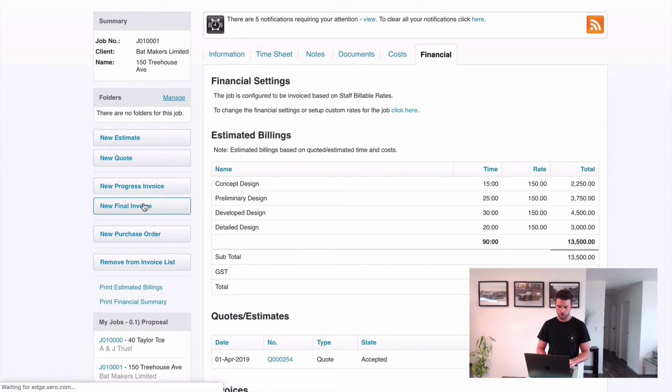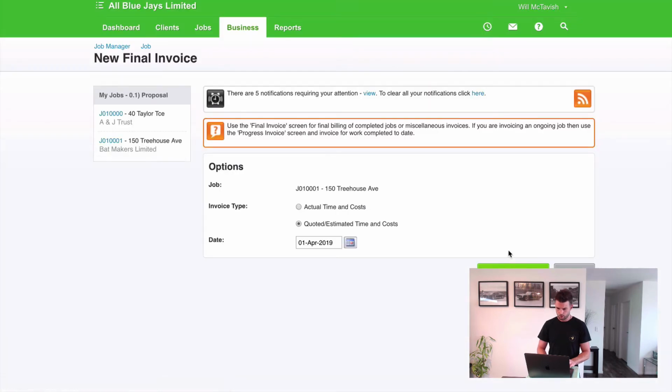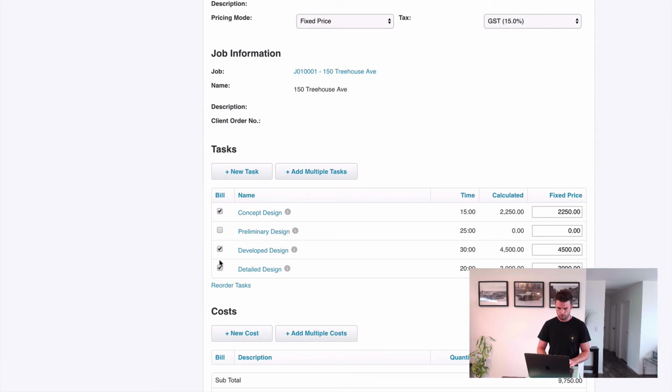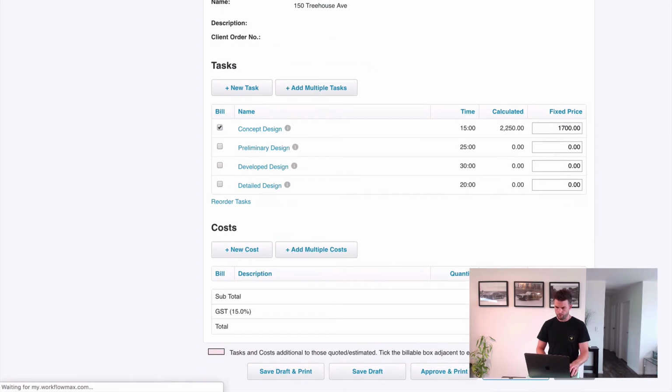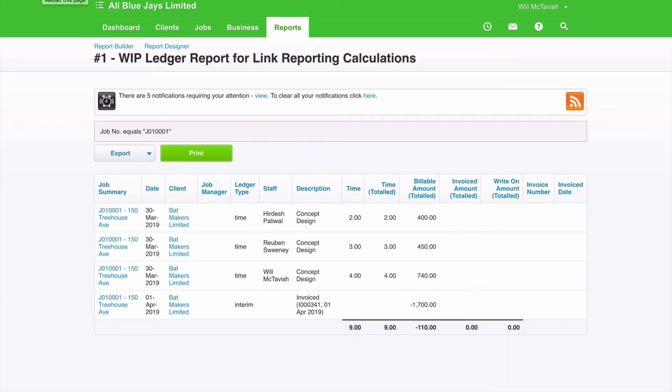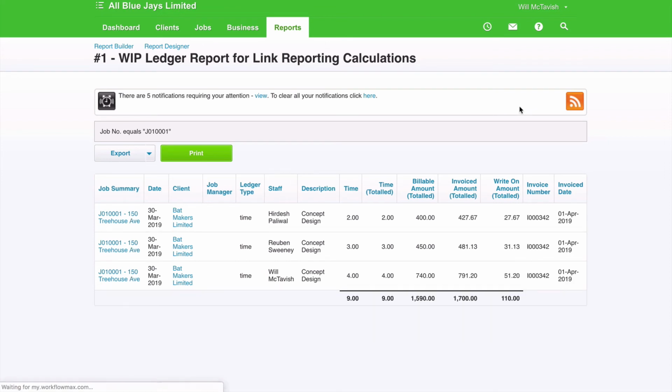So if we go new final invoice, go quoted, and it's going to be exactly the same. We're going to remove these and then make that one 1700 just as we did before. And then I'm going to go approve. Now if I jump back to my report here, I'm going to refresh, and what's going to happen is that interim is going to disappear because we deleted that invoice, and we're going to see how it impacts this report